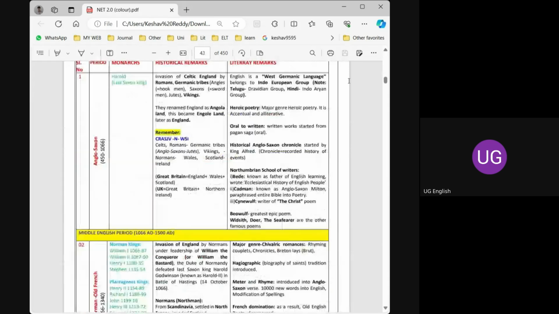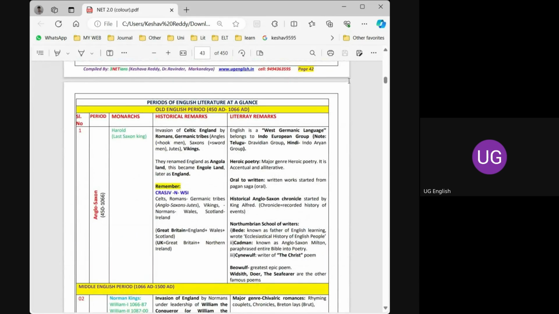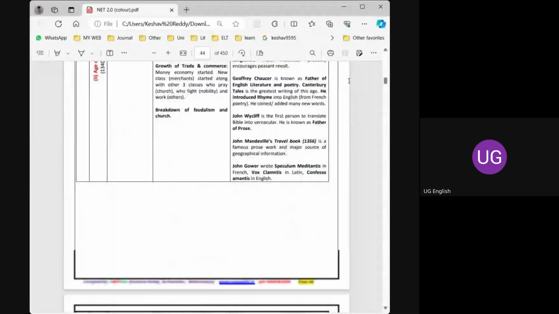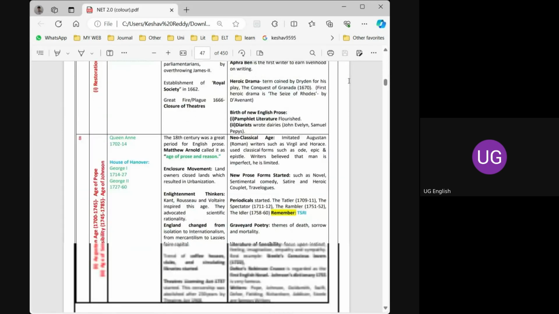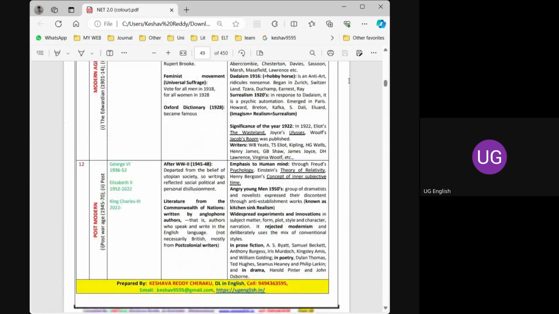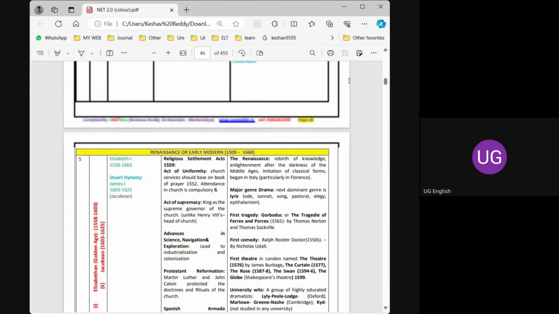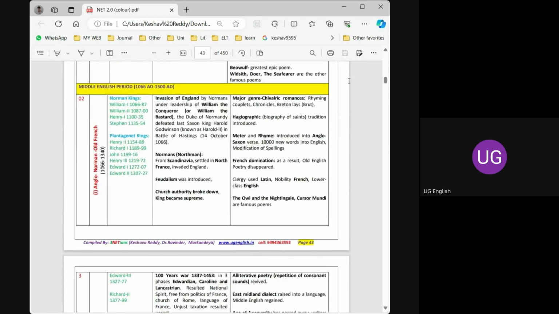And then we have an important table. Today I will just start the table and take only 10 minutes and close the class. I'm just giving you a brief introduction. I request you all to take the printout of this table. This table is only 6, 7 pages. Okay, 7 pages. So these are very important.